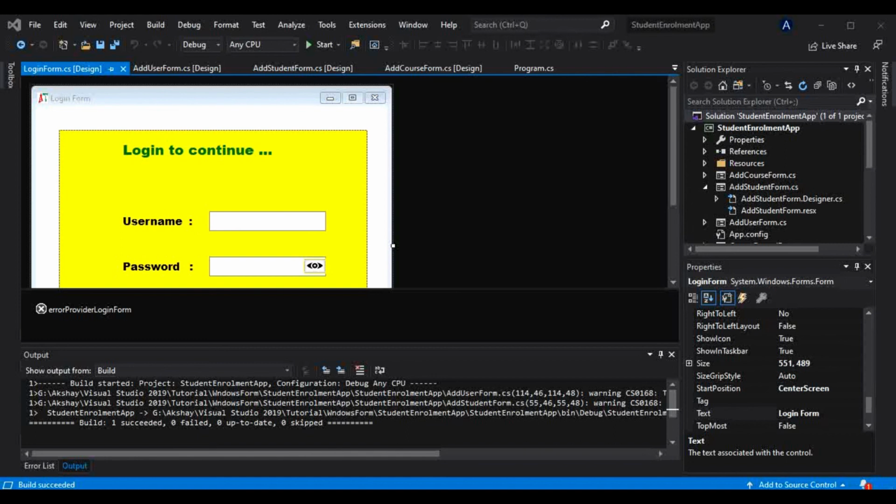Maybe I have told you that this will be the last part of this application series, and in the previous part as well I said this will be the last part of the student enrollment application, but there are still some things left, and I had to explain how we can edit these items.